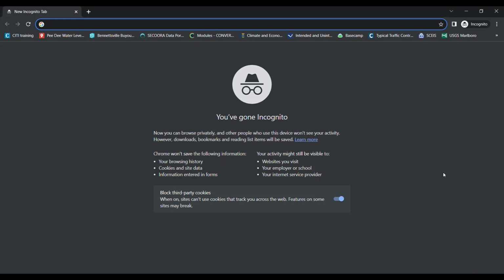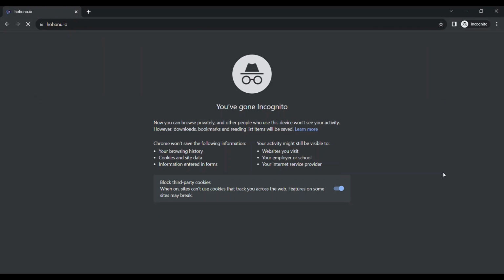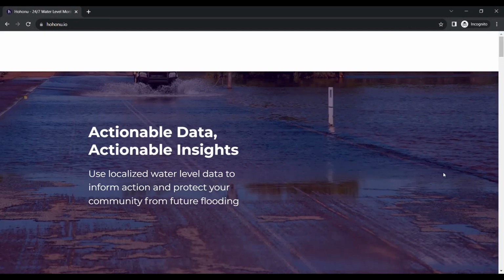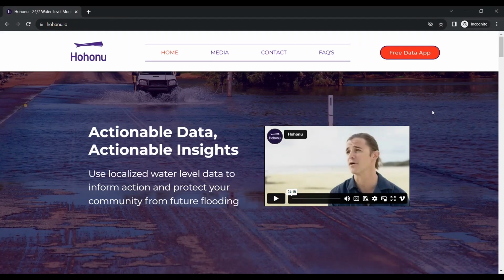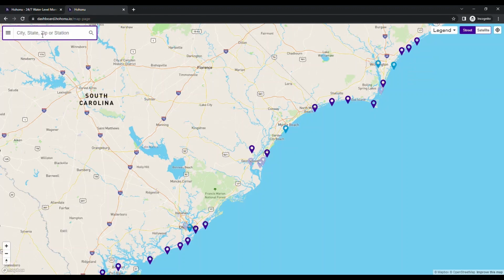To view data from a water level sensor, go to hohonu.io. In the top right corner of the web page, click on the orange button that reads Free Data App. Once the site loads, you can type in the name of the station or the location of the station that